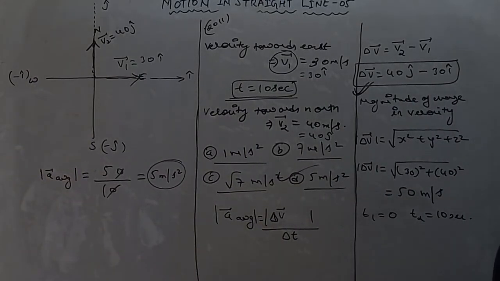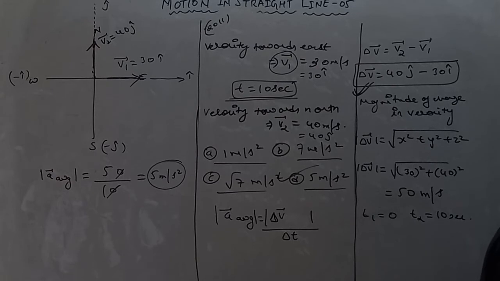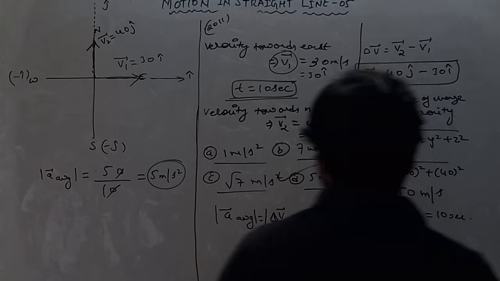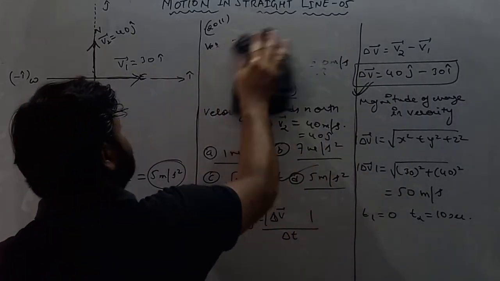I hope you all understand how we'll solve this question. Moving forward, let's start doing the next question. So our next question is, I hope you all understand all the questions which we are discussing here. So write down the next question. Your next question is asked in 2010. Write down the statement. A particle has initial velocity. This question is asked in 2010.